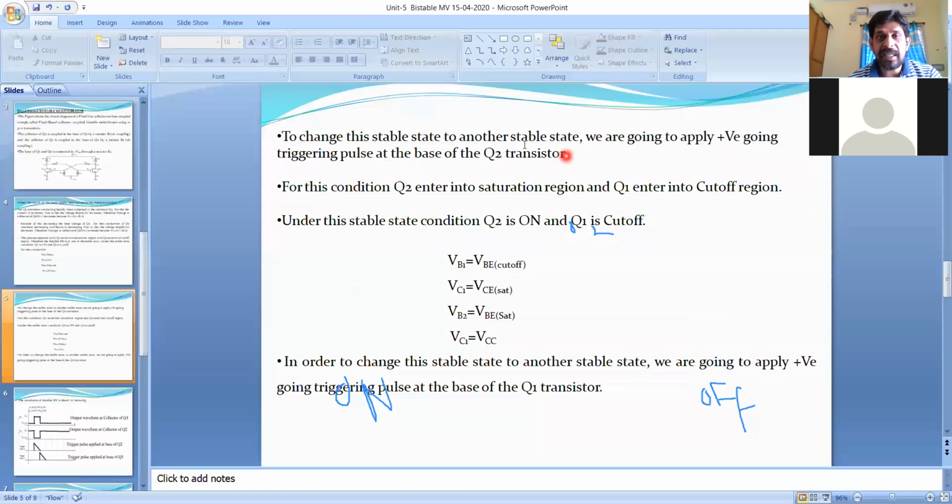Therefore here, same I am assuming. Same I am applying at the base. I am applying the positive going trigger pulse at the base of Q2. Why? Because Q2 is off. Q2 off lo undi kabatti, I am going to apply a positive trigger pulse at the base of Q2. Otherwise, a negative going trigger